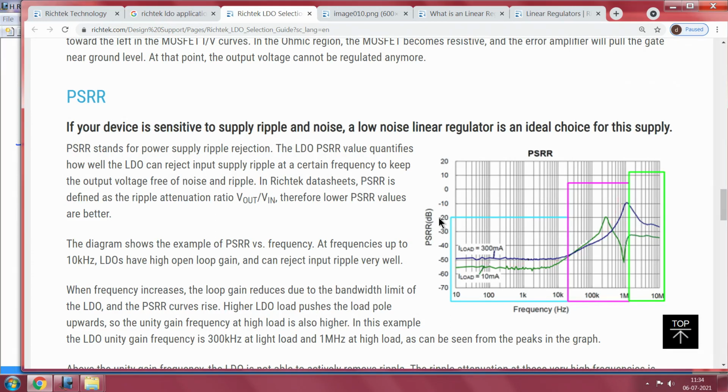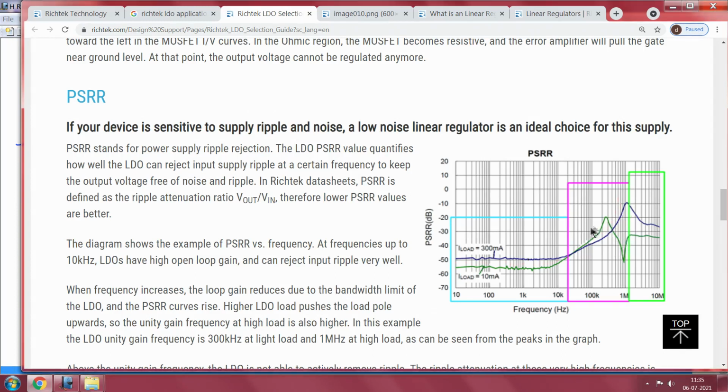What you see is, if you have low load currents, the PSRR is maintained well. For the same load currents, if you keep increasing the frequency of the input signal, the supply ripple starts increasing and the ripple gets in the range of 10k and so on, the drop in the PSRR appears to go in this manner, right. You can see that it drops to minus 20 dB and then improves after that.